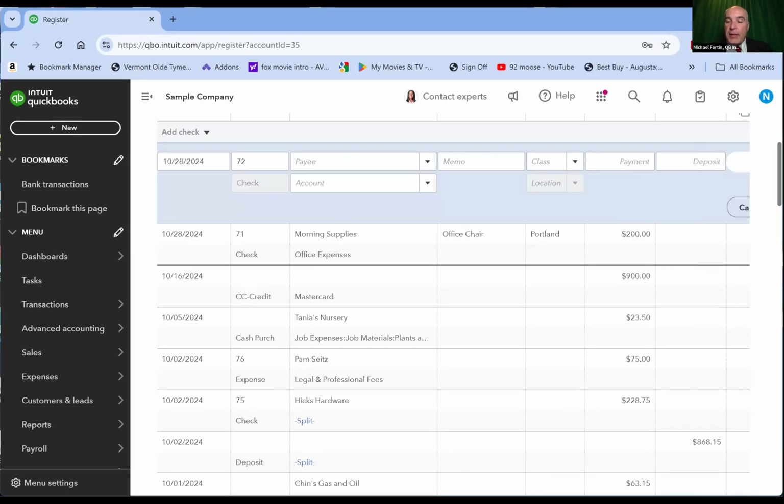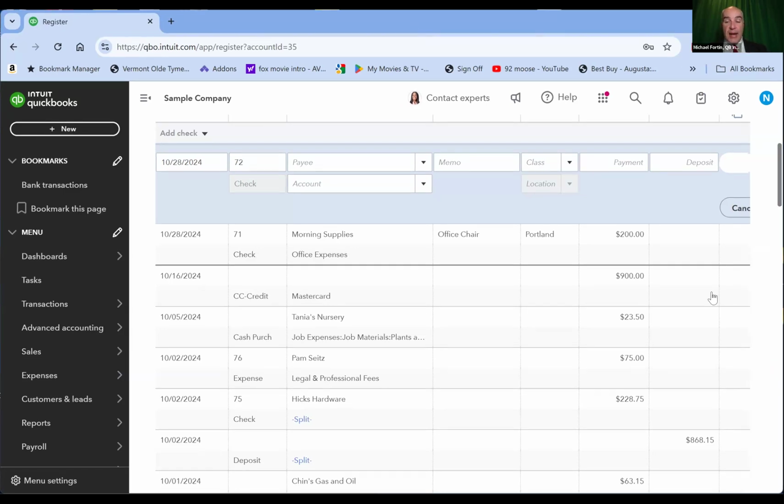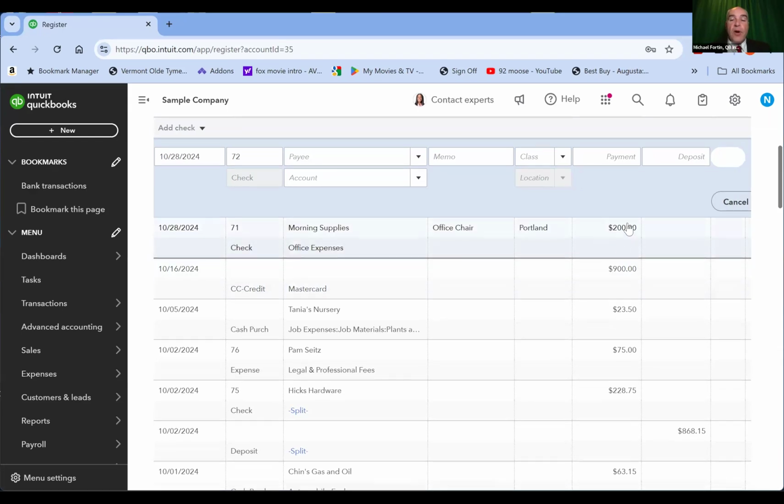Because I have several windows open, you might have to move it around a little bit to see all the columns in here, but I can see that I have the $200 in here. And you can see a running balance of this register on the screen. So you can see all the transactions. So the balance decreased by $200 for this office expense. All right, so that's been now recorded.